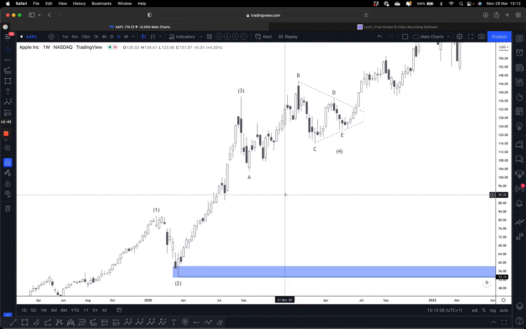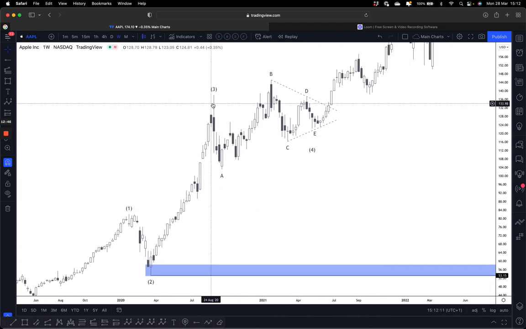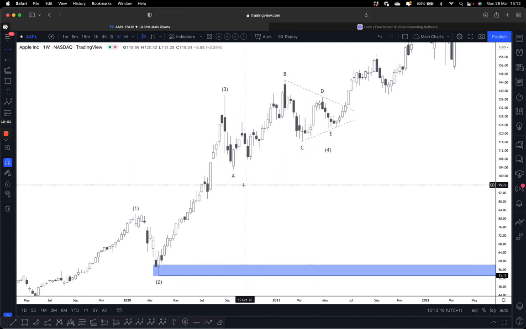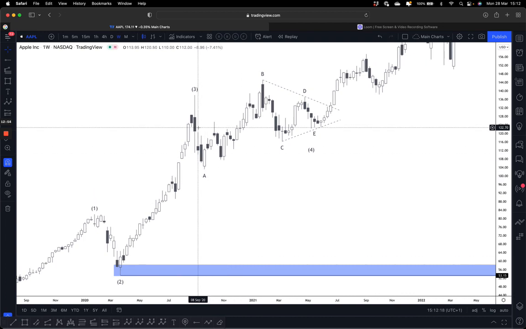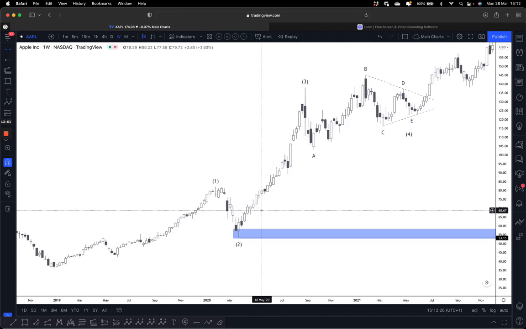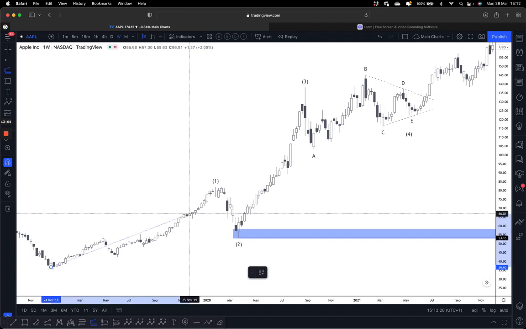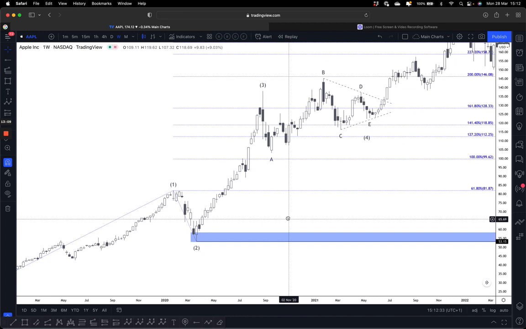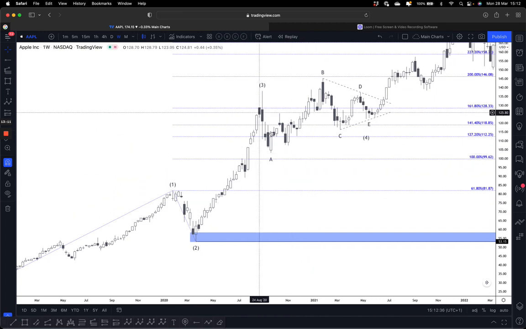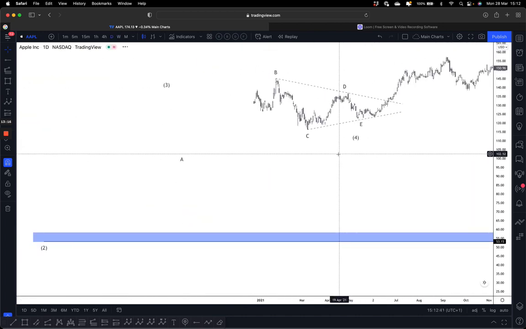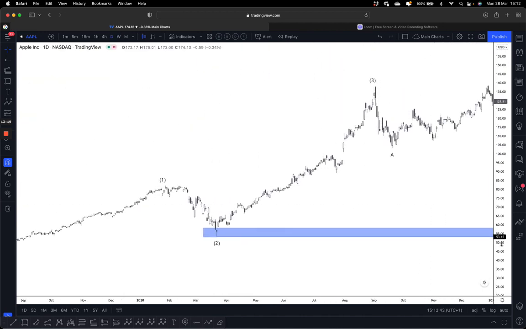And you can do the same thing with wave 4 here as well. This is a running triangle, so it'll be pretty difficult, but you can do that if it's, for example, a flat or a zigzag. But for a wave 3 extension like this, you can use the Fibonacci extension tool, like I said, and we got this 1.618. Or if we go down time frames and look at wave 3,